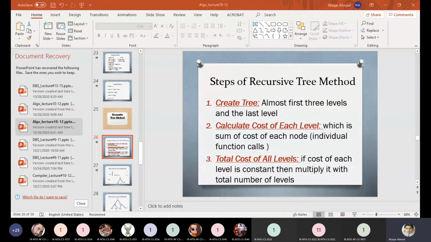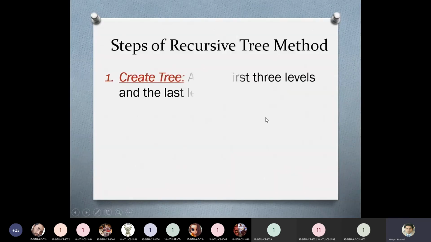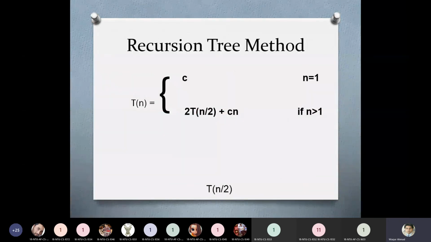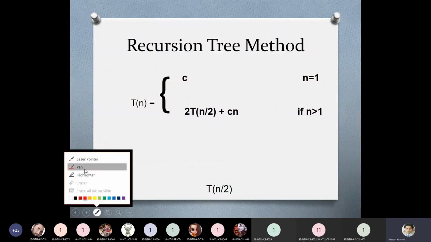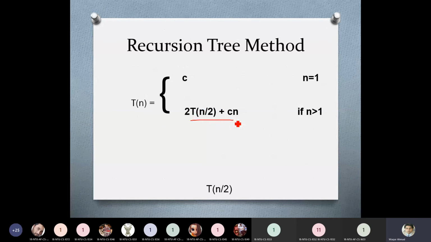Let me go through this process quickly because I've just explained it. Let me go through it quickly for MySort. Here is again the recursive equation of MySort.